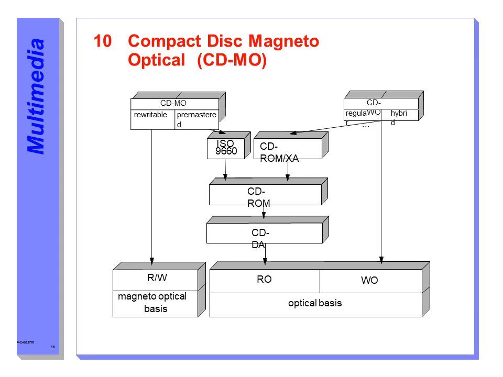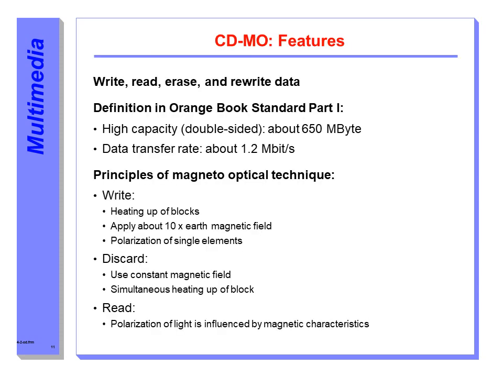Before this we already studied the meaning of CD-ROM, CD-ROM extended architecture, and hybrid, regular, write-once, CDDA, and read and write. Here we can see RO and WO. RO means read once, and WO means write once. This shows the capacity and features of the compact disc magneto-optical compared.